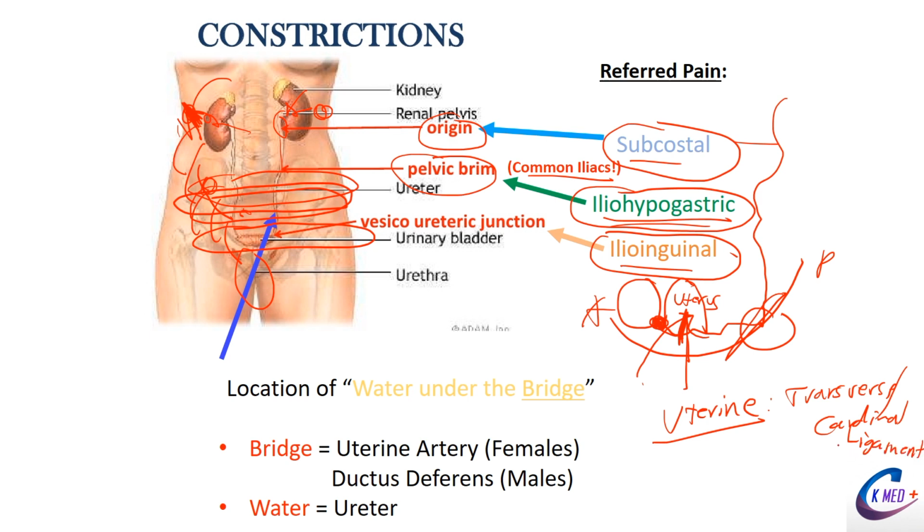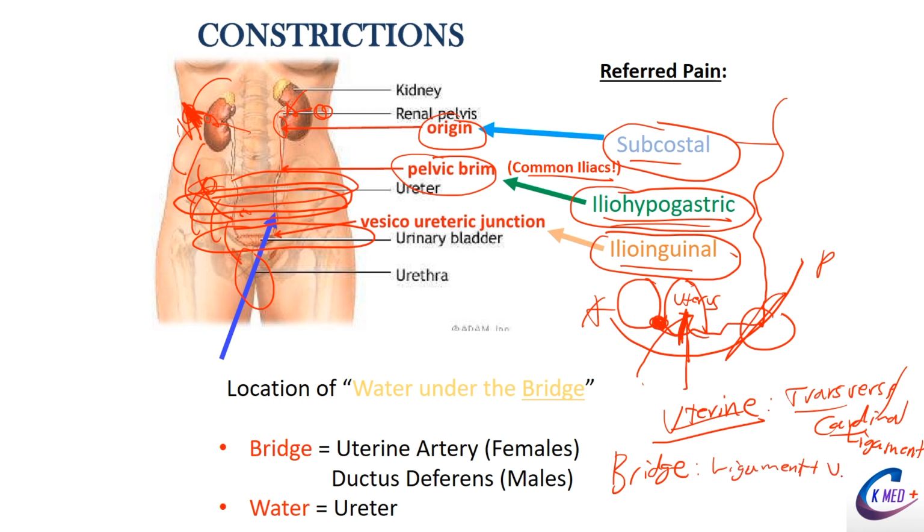So the transverse and cardinal ligament carry your uterine artery, and it's a very strong ligament to hold the uterus in its place so it doesn't prolapse and kind of come out, which is kind of gross. But anyways, the uterus is there, and we have our blood vessels that flow right over that. And so we would call these uterine arteries a bridge. It's a solid bridge of vessels, and it's also in a ligament. So the bridge is the ligament with vessels,